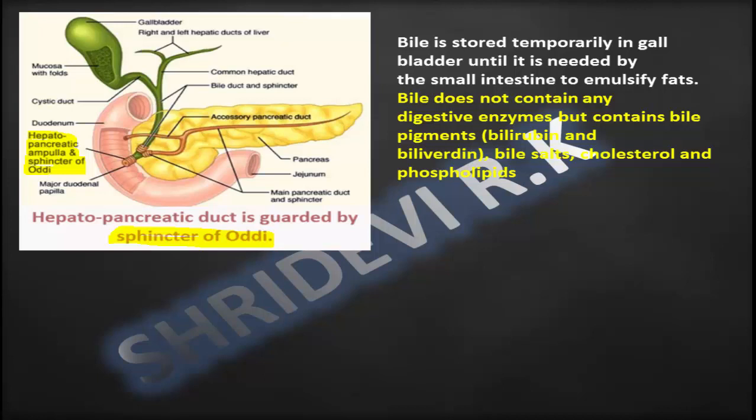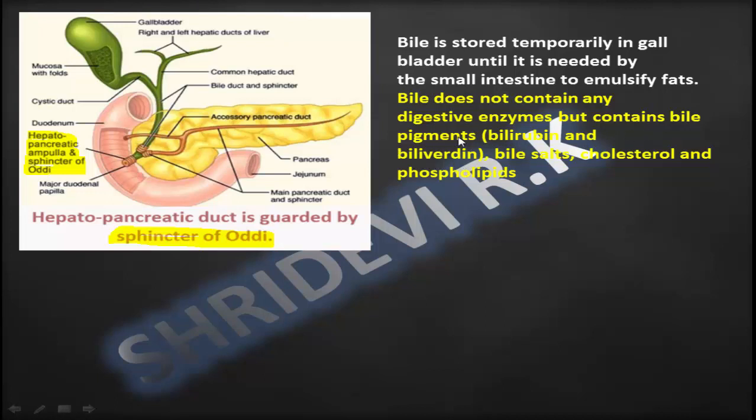But the interesting fact is that bile juice, simply referred to as bile also, is the only digestive juice which does not contain any digestive enzymes. Then the question is, when it doesn't have any enzyme for digestion, why is it produced and why is it so important? Of course, the bile juice is without enzymes. There are no enzymes for the digestion of carbohydrate, but it contains the bile pigments called bilirubin and biliverdin.